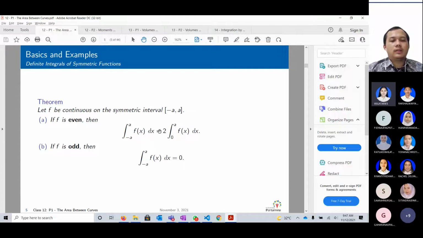Now, the definite integral of a symmetric function. So if you remember even and odd functions from our first week,